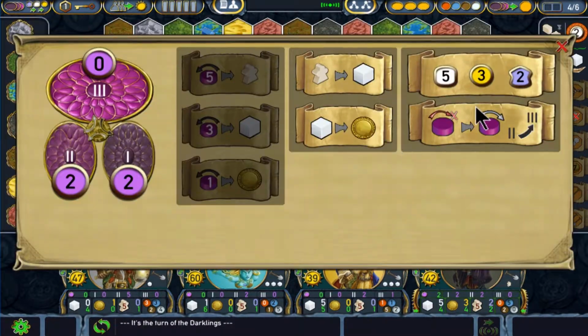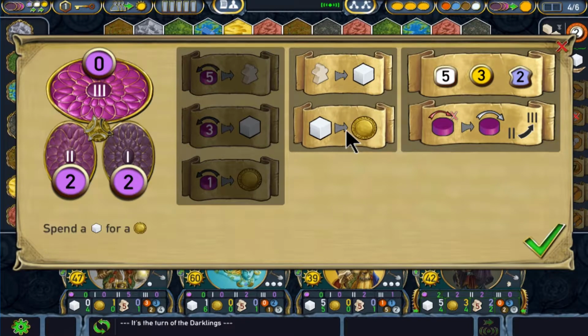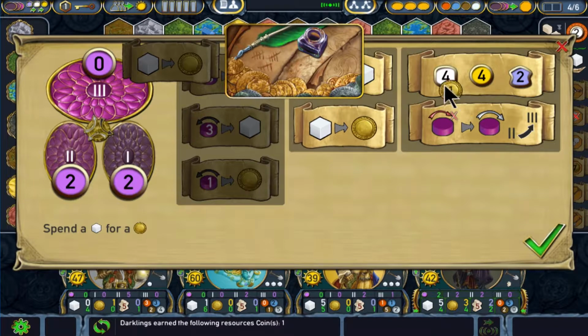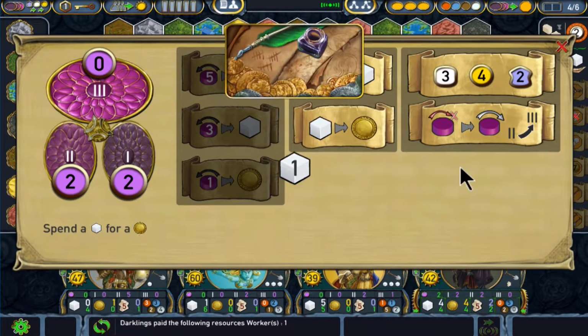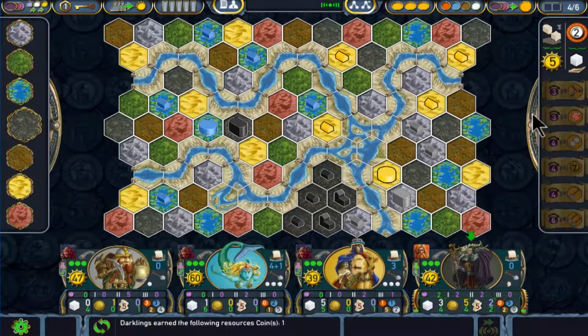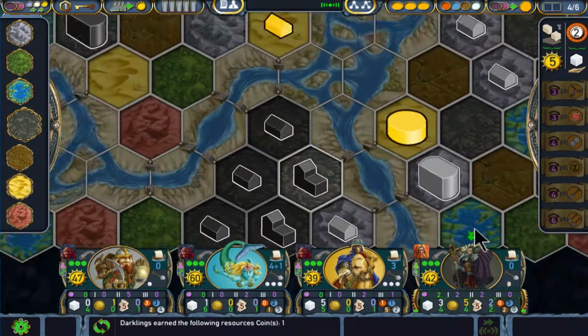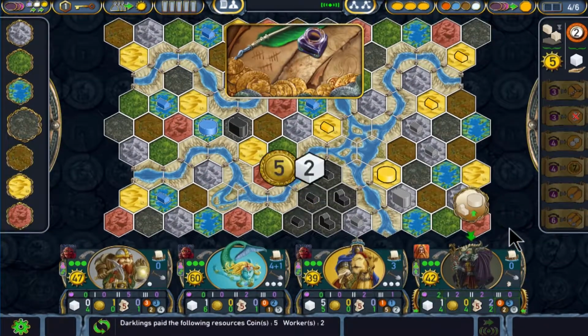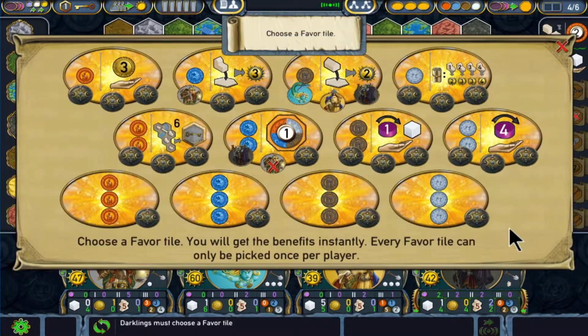Here we are. So I just go to gold. 1. So now I'm 4, 4. I'm 3, 5. That's a free action, and then I'm going to upgrade this sucker to 2, 5. And I'm going to take,